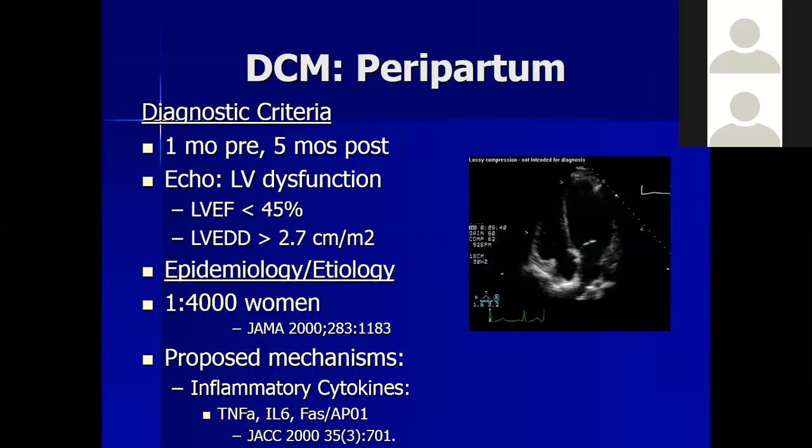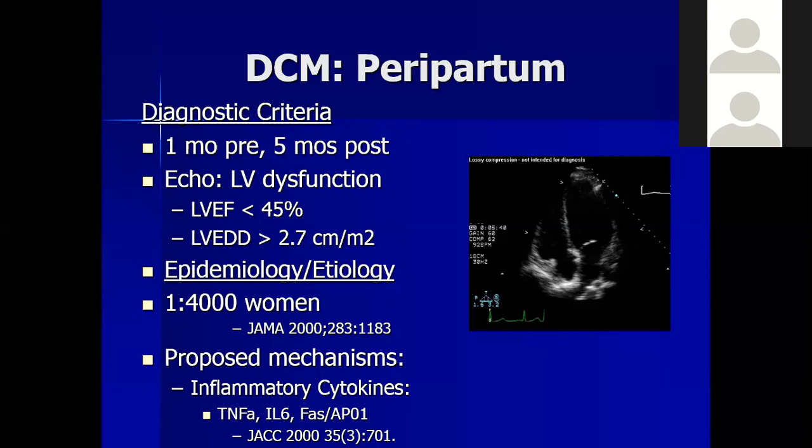The other most common one we see is pregnancy heart disease in these patients. Peripartum cardiomyopathy is the most common. Usually it occurs in the last month of the pregnancy up to five months post delivery. These patients present with shortness of breath, heart failure. They usually are not diagnosed very early because they present in the last month of the pregnancy with shortness of breath, and this is very difficult to differentiate from the shortness of breath that usually occurs in pregnancy.